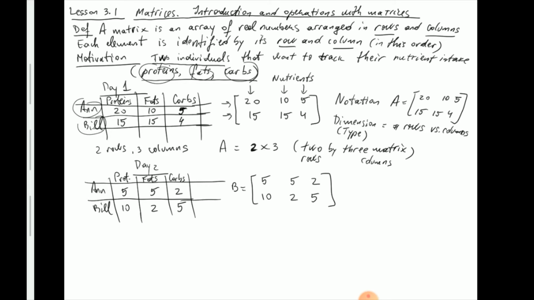And again, obviously, this is still a 2 by 3 matrix because, after all, it depicts the same type of information: for the 2 people, the intake of proteins, fats, and carbs in a given day. So I'll move on to the second page with a formal notation of a generic matrix of m rows and n columns, because there are some notations to keep in mind when you write down generically an element in the matrix. But right now I want to stay a little bit more on this example